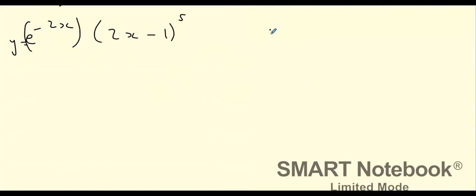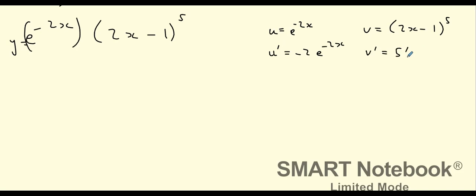So now I'm going to say u equals e to the minus 2x and v equals 2x minus 1 all to the power of 5. u dash: differential of the power, minus 2, and keep the rest of it the same. v dash: bring the power down, take 1 away from the power, times by the differential of what's inside the bracket. And if I just simplify that first,